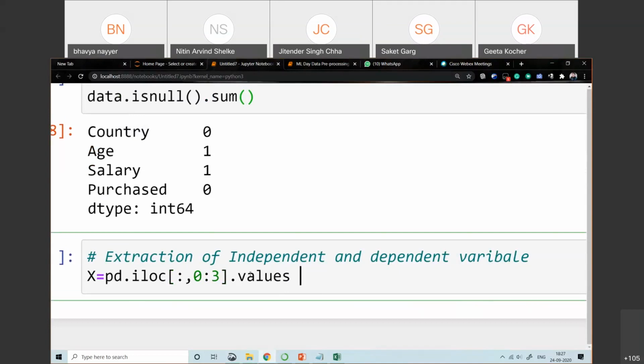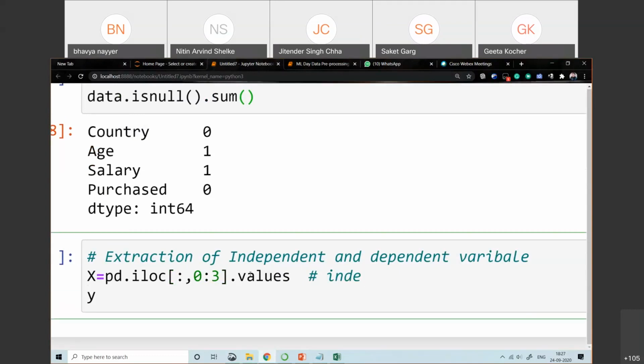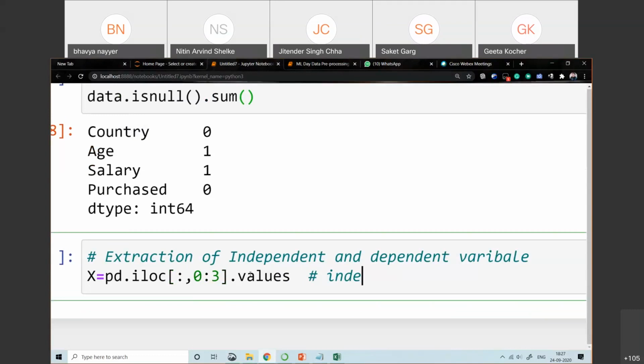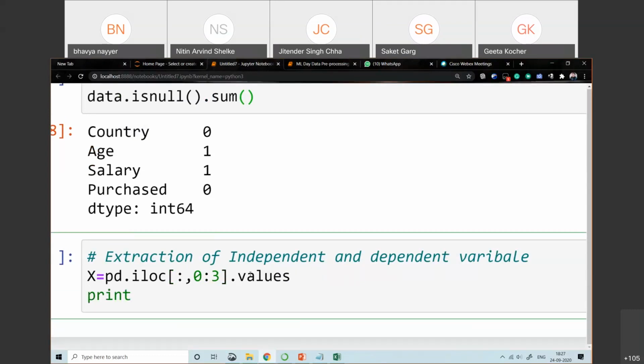So now I can say this is my independent variable. Then let me just print over here the independent variable, print x.